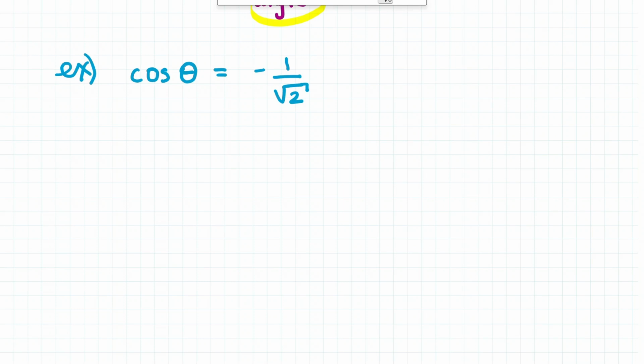So we're going to use that as a cheat sheet as we go forward. So we have that sine theta equals y over r, cos theta equals x over r, tan theta equals y over x, and we have